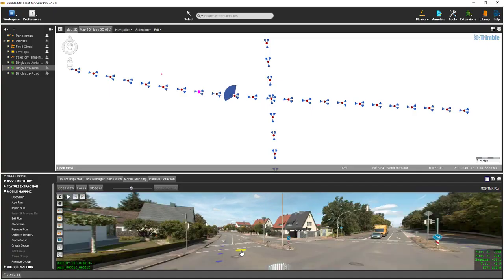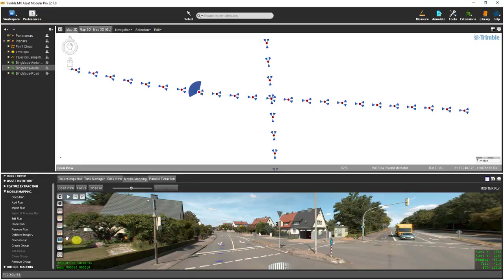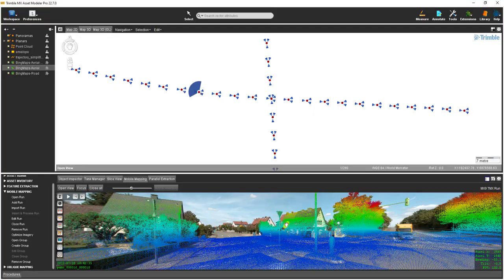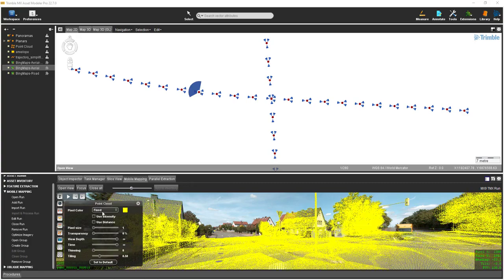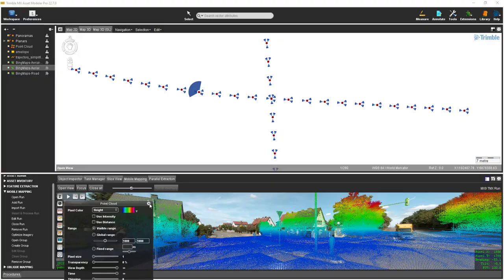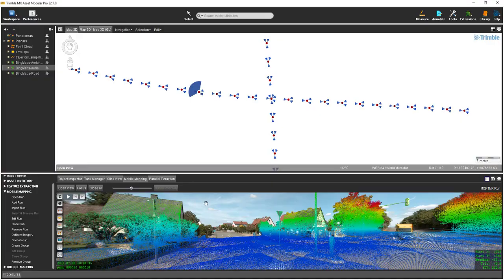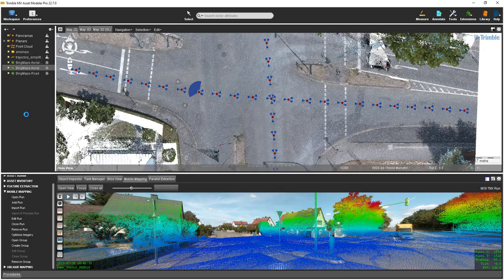a time. In the mobile mapping view, there is an icon that will show the point cloud. The icon just above it changes the display of the point cloud in the mobile mapping view. To display the point cloud in the Map 2D view, check the box next to the point cloud layer in the legend. Point cloud data, however, is best viewed in a Map 3D view, so I will select the Map